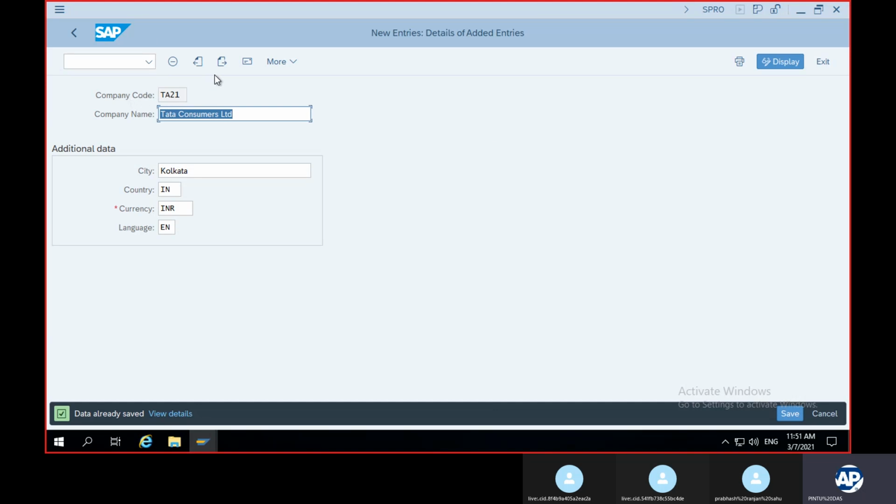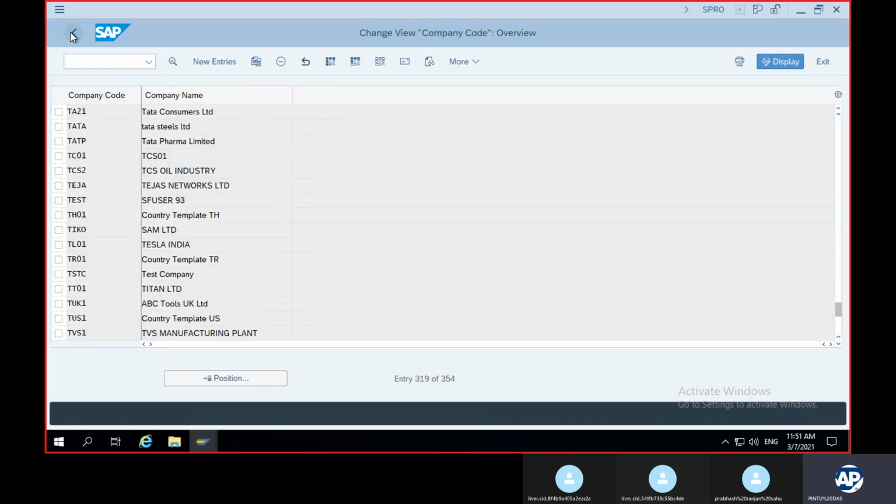To create the company code, just note down the transaction code: /NOX02 is the transaction code for creating the company code. So I've created the company and the company code. The next step is that whatever you create, you have to tie up with the company code. Otherwise, SAP will not come to know which company code you have configured.